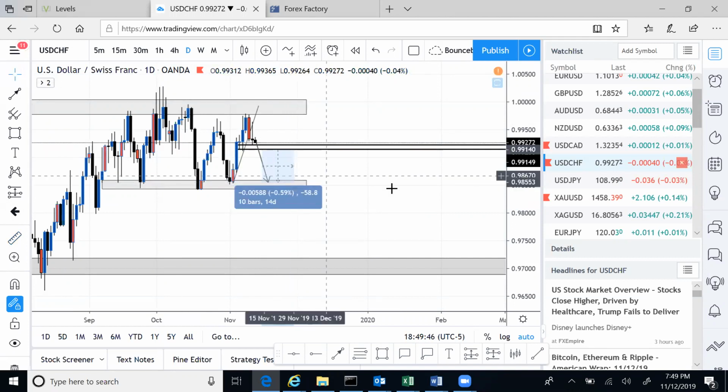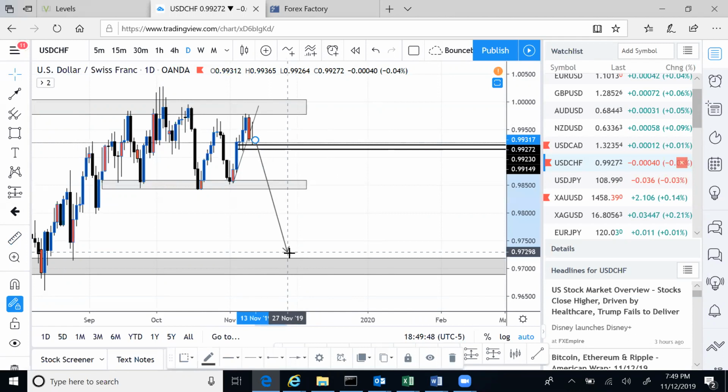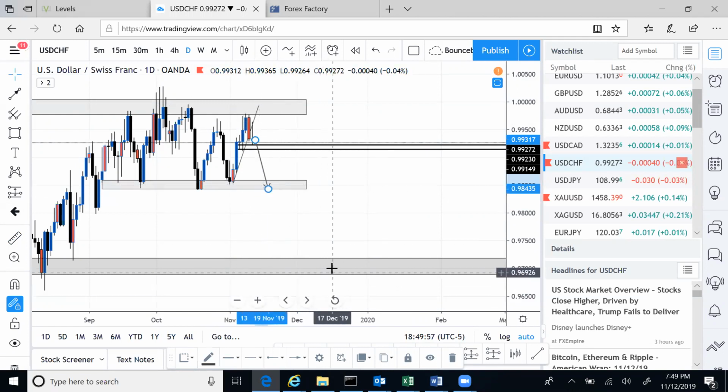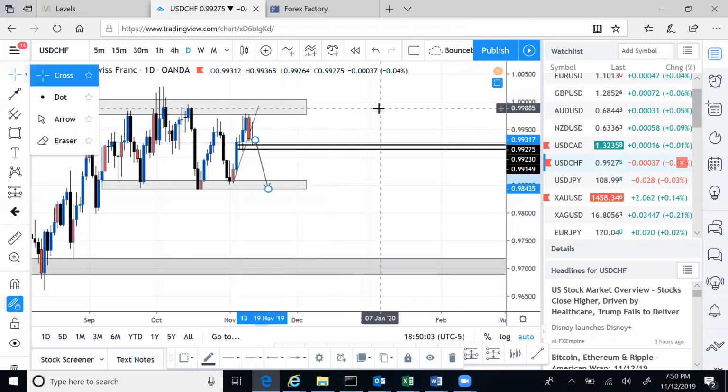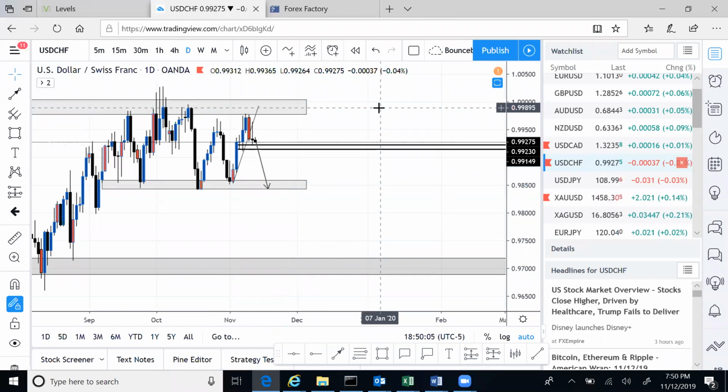And then I actually have it to continue all the way down here, but let's start here first, right? I'm pretty sure we will end the week on this support before we probably continue down to the next daily support, right? But again, the beauty about me showing you this is that you can now put this in your watch list and keep it there, right?